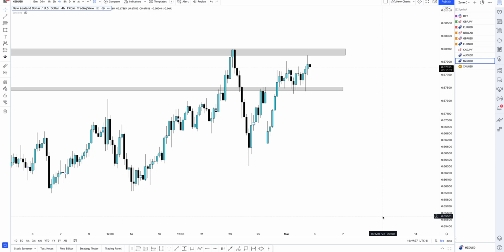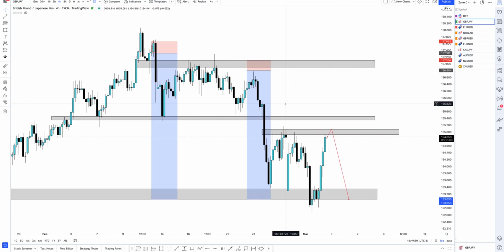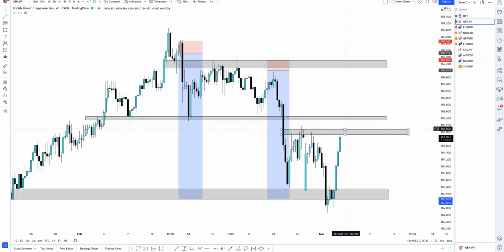Having a look at the market overall, not really much so far this week. Kind of a messy week of price action still, a week of patience, in my opinion. So right now in the mentorship program, we have a few trades running. The two in particular are the